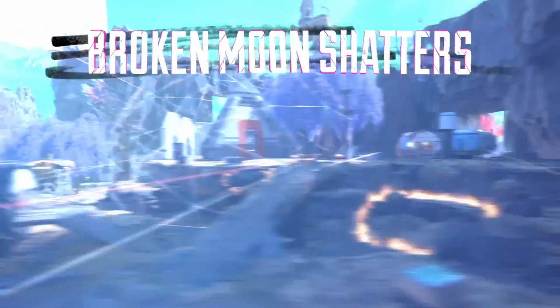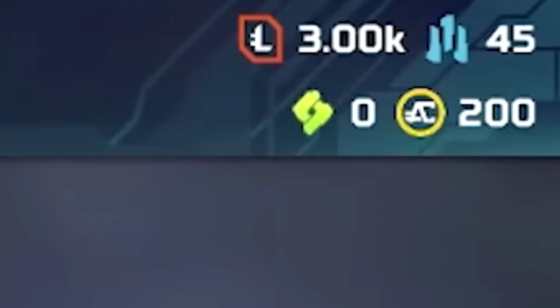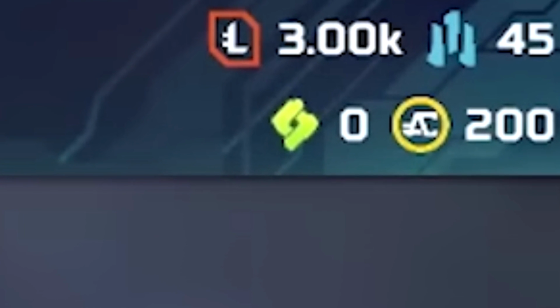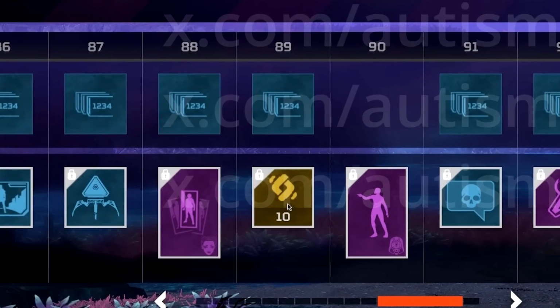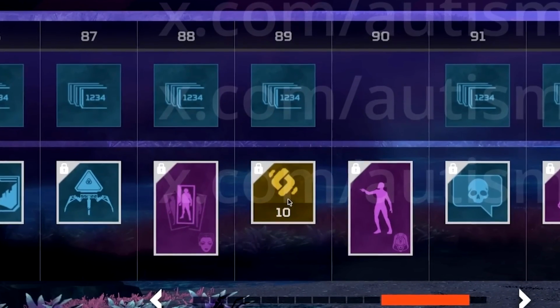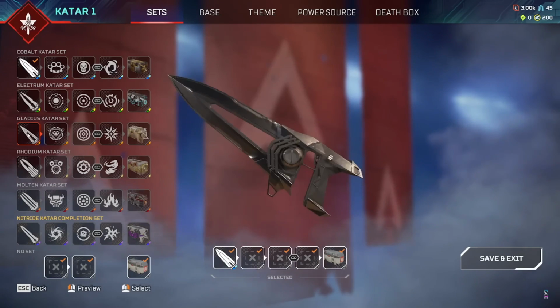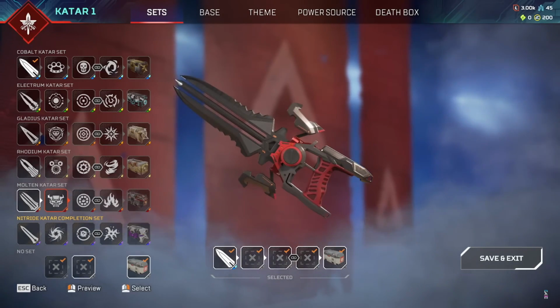We know we're getting a brand new exotic shard currency, which you can purchase, but we also know that you can get it in the battle pass. It is confirmed now that you'll be able to get these exotic shards in the battle pass. In Season 21, there'll be 10 exotic shards in the premium battle pass at tier 89, and these exotic shards you will be able to use to upgrade the katars, because we now know that the new katar artifact will